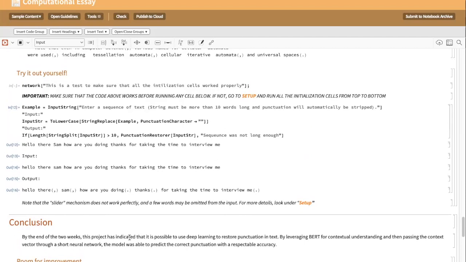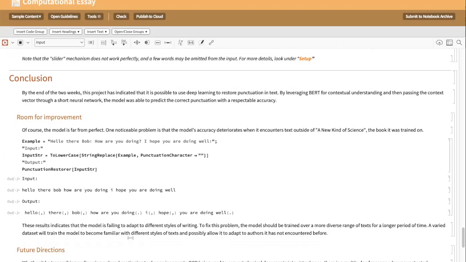I think there are a few things I want to fine tune before I actually implement this. The main one is that I want to train it on more data, because Stephen writes in a very specific style. Everyone writes in their own unique style, so punctuation slightly differs in different texts. By training the model on a larger variety of text, it's probably going to perform better on real world data that it hasn't seen before.